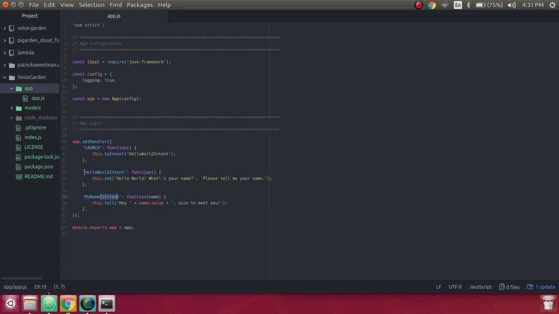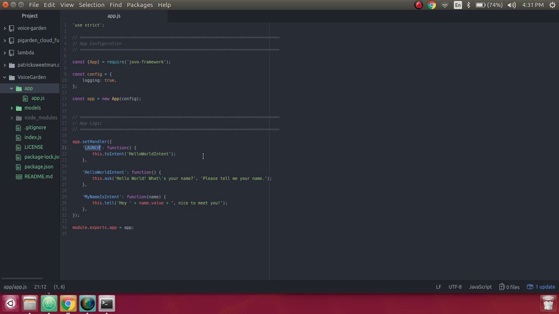Now intents are like screens of your app. They're things that users want to do. So there's a hello world intent and there's a my name is intent, and these are going to map directly to the intent names of both Google Home and Amazon Alexa. Now these all caps ones, launch, this is a generic event determined by the actual launch screen of an app. So on Amazon Alexa it'll automatically map to the individual